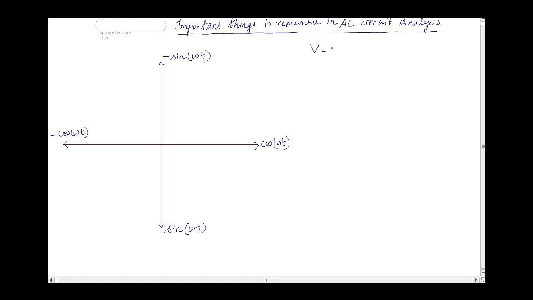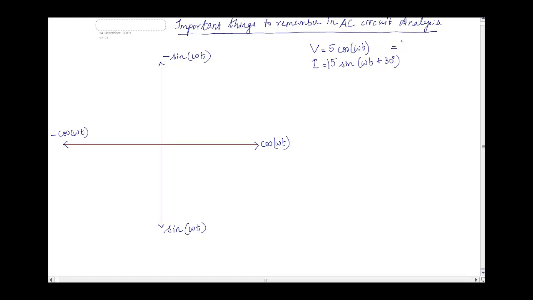V is equal to, let's say, 5 cos omega t, or even the current source may be written as, let's say, 15 sine omega t plus 30 degrees. The important thing here is to understand that for solving, we have to convert this into phasor